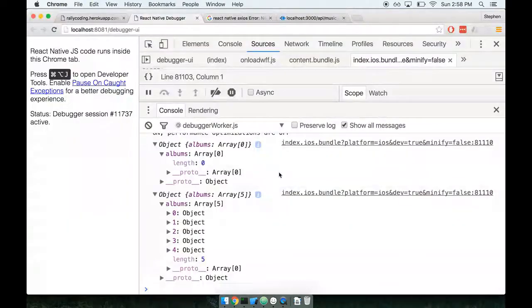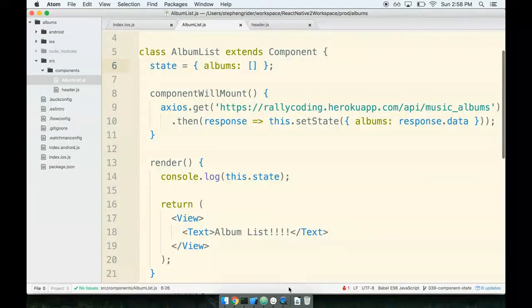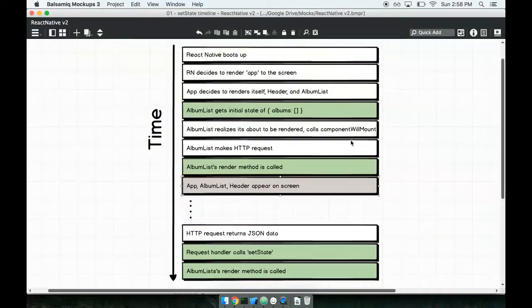And we were able to confirm that because of our console log over here in Chrome, where we saw, hey, albums is an empty array. And we had placed that console log inside of our render method. So clearly, the render method is getting called at least one time here before any data has been fetched. So then some time passes, and our